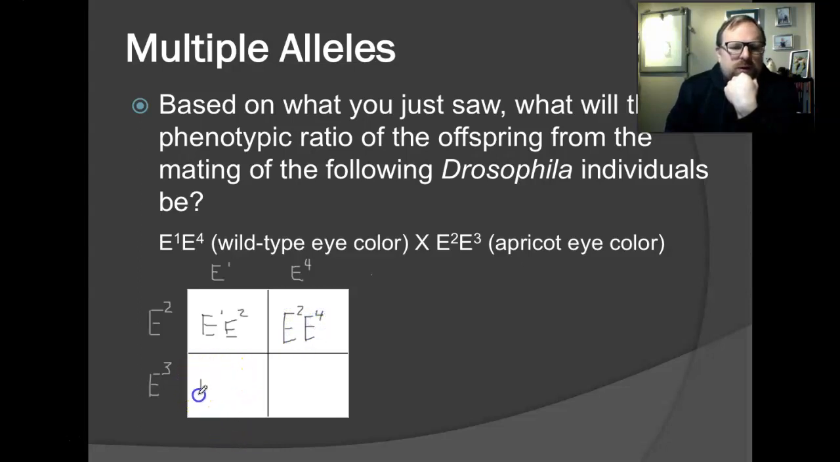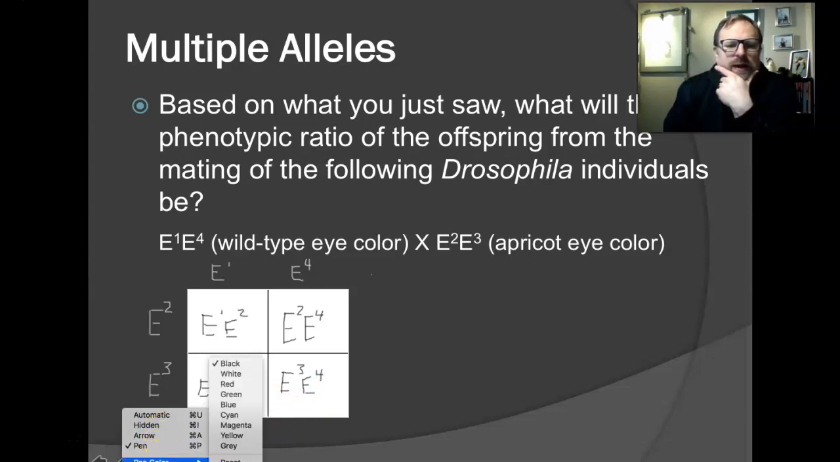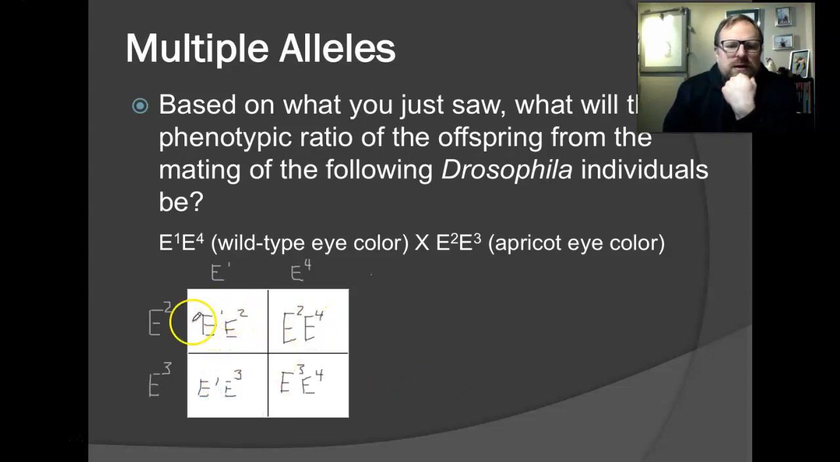Okay, then we end up with an E1 and an E3. Pardon me for the horrible writing. And then finally we end up with an E3 and an E4. So if we're trying to sort out a phenotypic ratio, so phenotype, remember, is physical expression, then what we're ending up with in this situation is that we've got two individuals with E1, which overrules everything else. So we're going to have two with red eyes,